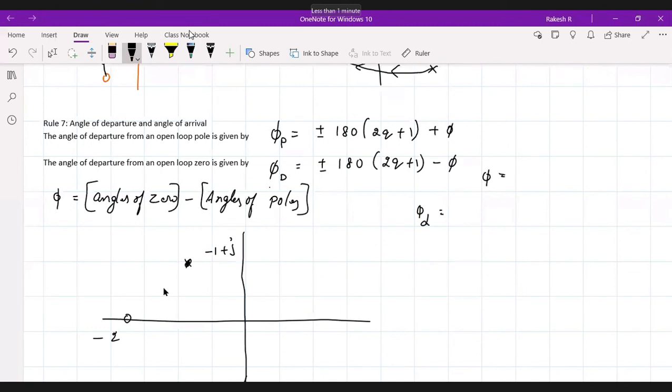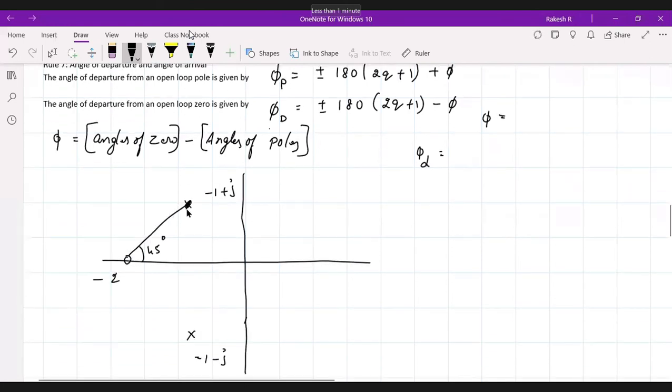Phi is what? So this angle you need to find out first. So this angle will be 45 degrees. And this angle you need to find here. This angle is what? This angle with respect to this will be how much? It will be 90 degrees. This will be 90 degrees and